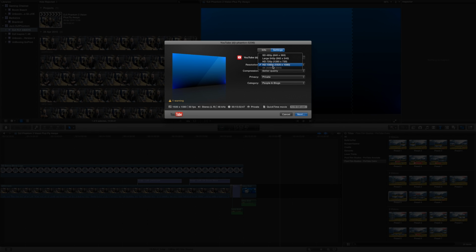So if you decide you don't want 1080p, you want to drop it down to something smaller, it gives you options to do it here and it will scale it down for you. Compression techniques here, you can say fast encoding, better quality, choose that. And I always choose private to start with, so I can then go up, check in YouTube, make sure everything's all imported correctly,